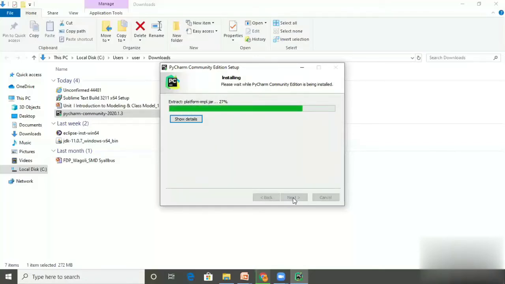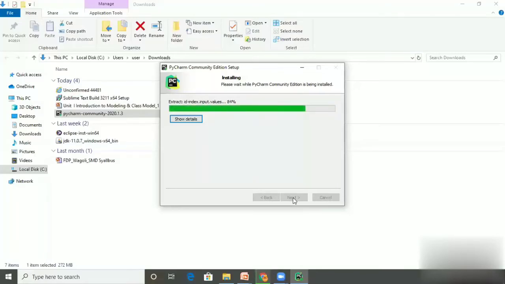Purposefully, I am showing you the whole installation because some of the students are afraid of this, how to install things. Though they are very good in programming, they don't know how to install the stuff for their development. So while the computer is installing the things, be patient, don't click here and there.